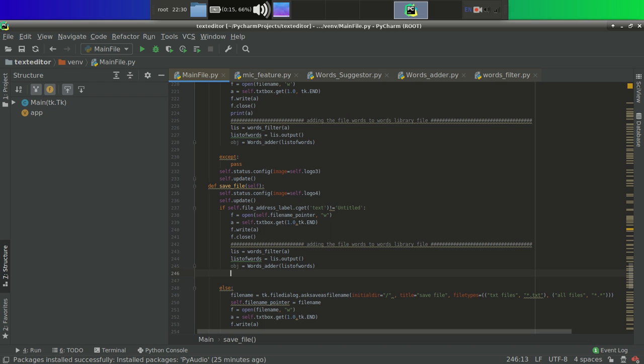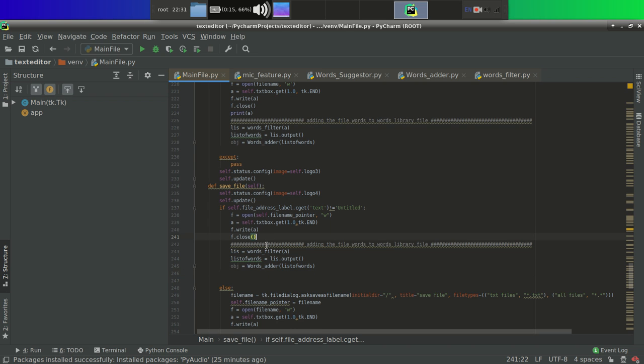So here we have obj equal to words adder and then list of words, because here we have added the word to the library, as you can see. Now what we want to do, we want to use anonymous save, because after actual saving anonymous save will occur. So for doing that, how do we do that?